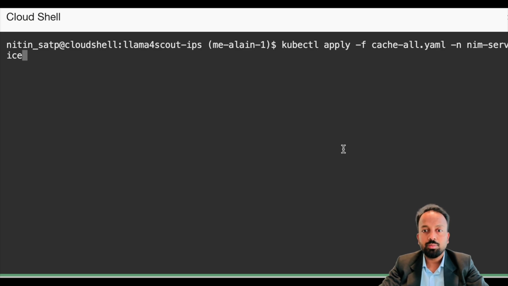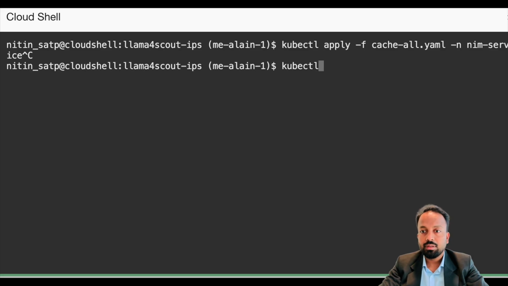So these are the Kubernetes commands. I'm just showing you the commands, but I'm not running them. After the cache file, the next task is to run the service file, which will provide you the endpoint and the port. So here we go. The namespace that we're using, everything is under one namespace. It's better to use a single namespace for a single deployment, and you change the namespace for another deployment.